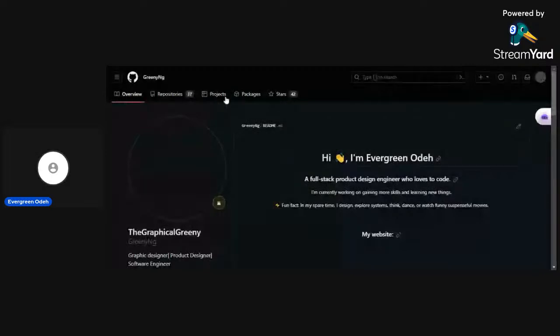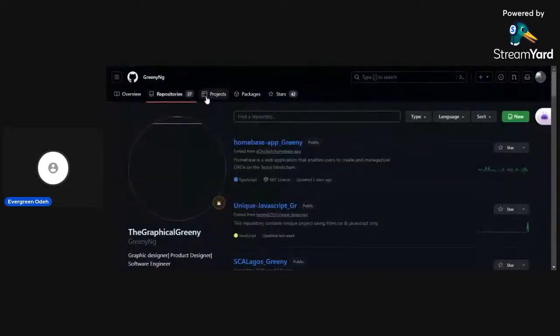So what I need to do is, in my profile, I will go to my repositories. Now, this is where any project that I forked appears. So I'll just click on that, and yeah, it's loading. And so this is the app I just forked, the home base app, and look at it.